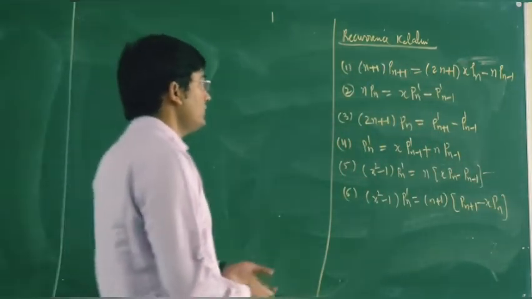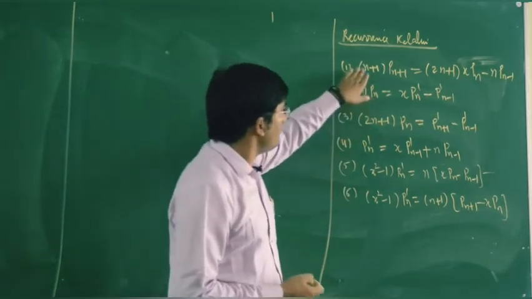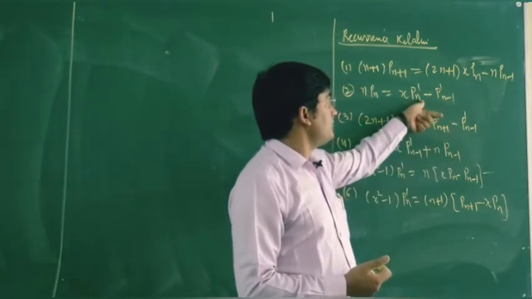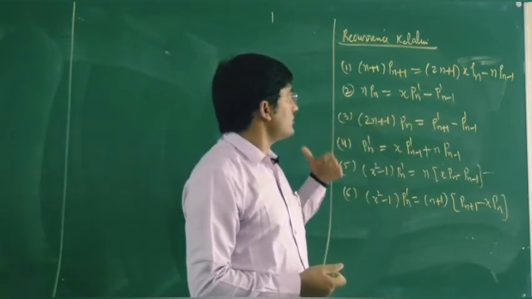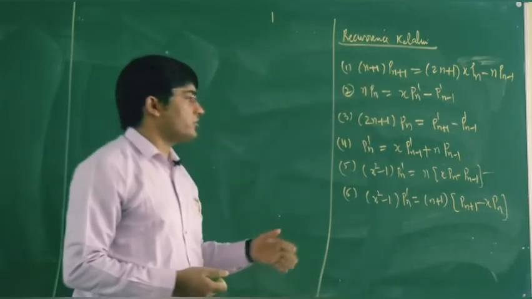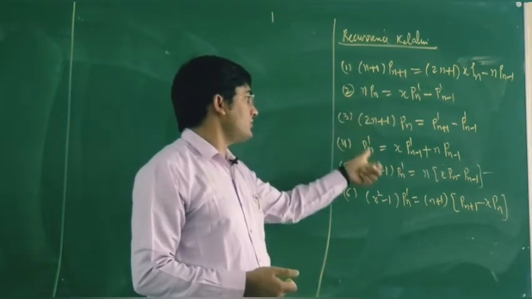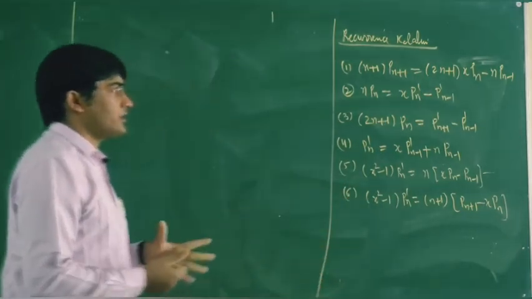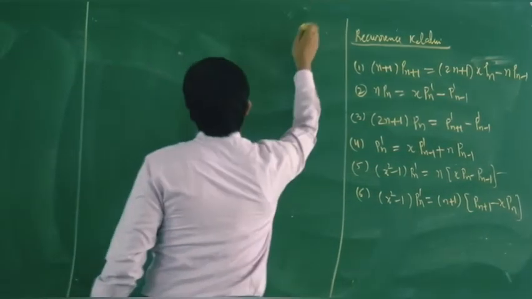Now let us prove the first two, and the remaining are just the rearrangements of the first or second. For example, here we have the derivative. You can replace n by n plus 1 here, then just use recursive relation number 1, and then you can have recursive relation number 3. Similarly, with the help of 1, 2 or 3, we can have the fourth one, and then finally these two ones. So the first two are important because they are independent. So let us prove the recursive relation 1.